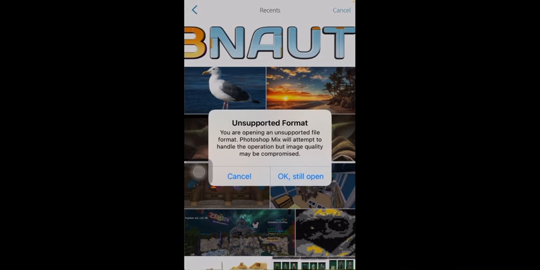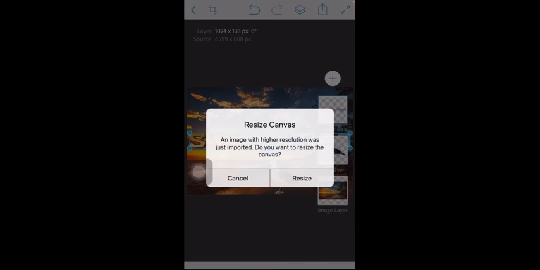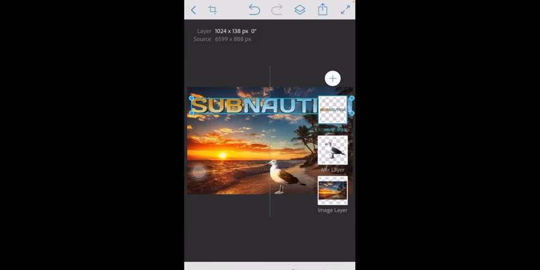Now, this is basically an unsupported photo file format. Honestly, this just means that your logo or whatever is going to be low quality, which you can look for a better one. I don't really want to waste time looking for a better one because I'm getting the job done, so it's not a big deal. Once you finish getting your third image, you move your pictures, layer 2 and 3, not